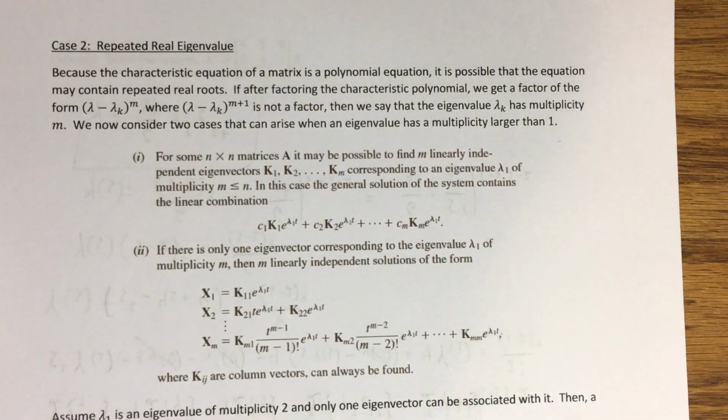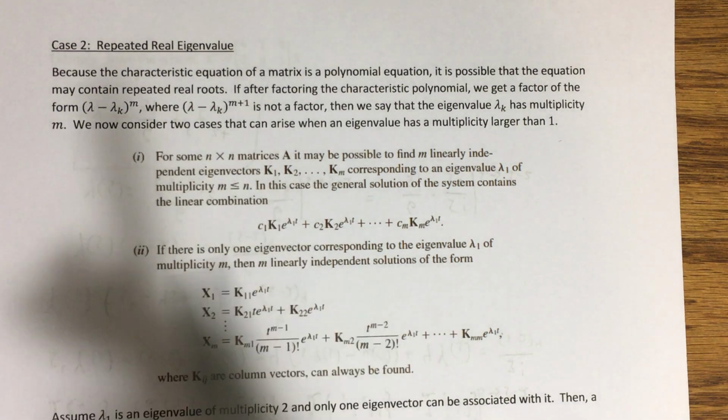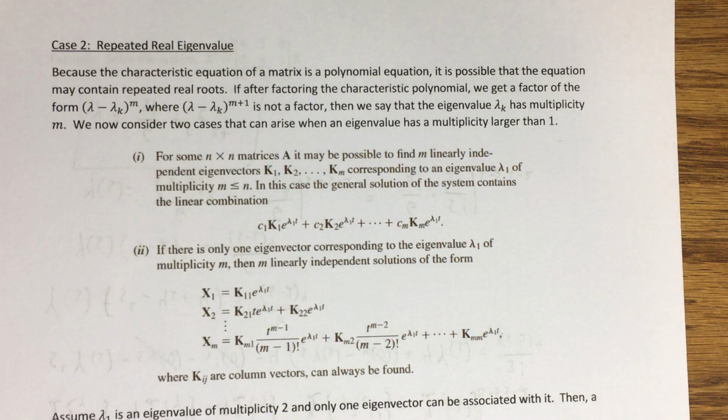All right, so now we're looking at case 2, which is the case where we have repeated real eigenvalues. And so for this, we need to be careful with some terminology. It's familiar terminology, but we just want to make sure that we're using it correctly. So first of all, because when you're finding the eigenvalues of a matrix, you're solving a polynomial equation, a thing